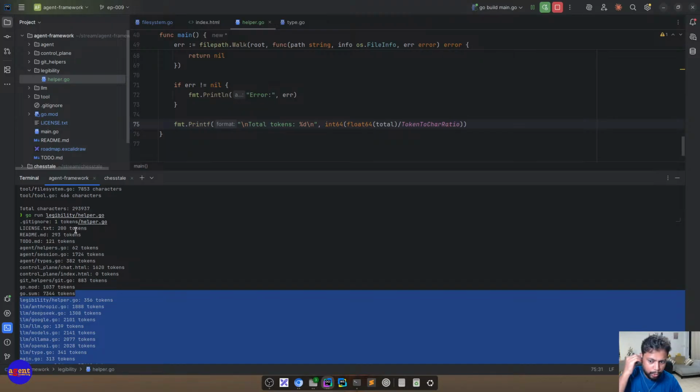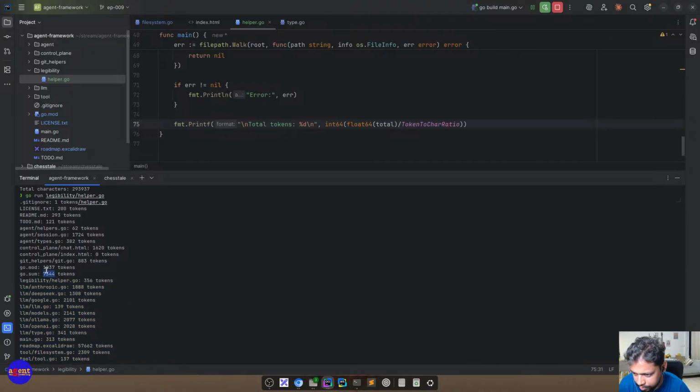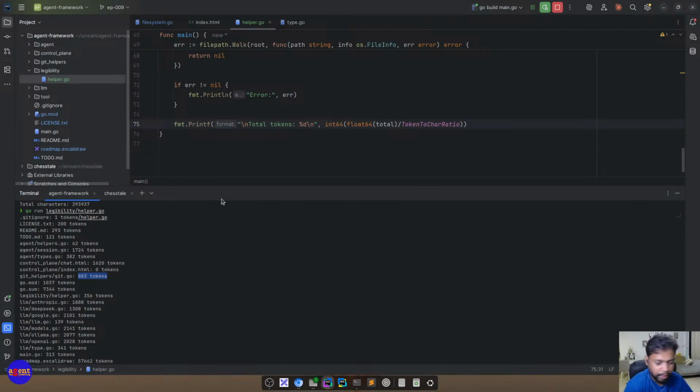So before we go to UI, let's clear out what kind of details we want out of this, right? So we have files, file name, folder name, and each folder has